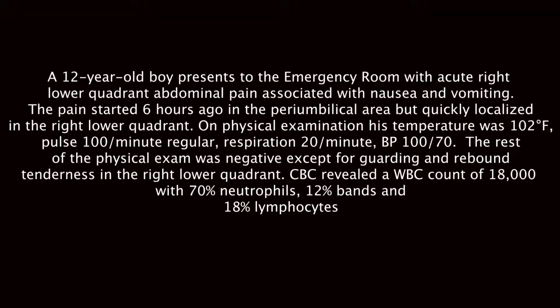Case number 1. A 12-year-old boy presents to the emergency room with acute right lower quadrant abdominal pain associated with nausea and vomiting. The pain started 6 hours ago in the periumbilical area but quickly localized in the right lower quadrant. On physical examination, his temperature was 102 Fahrenheit, pulse 100 per minute and regular, respiration 20 per minute, blood